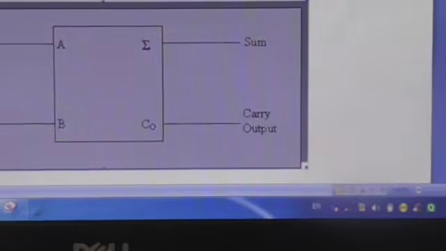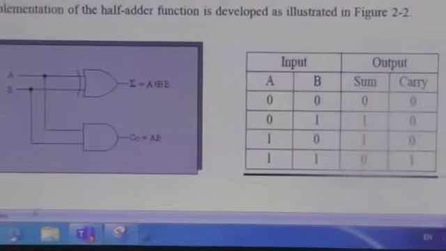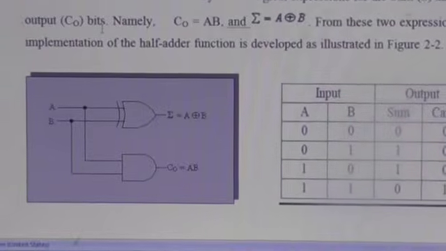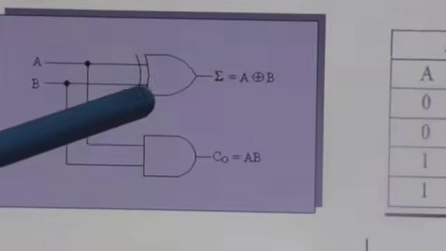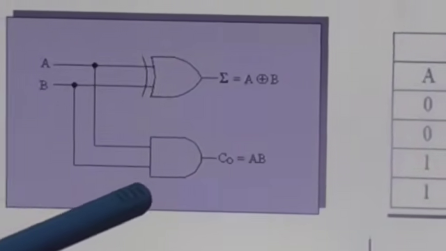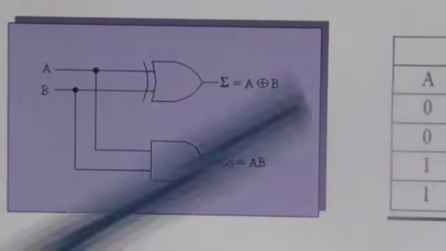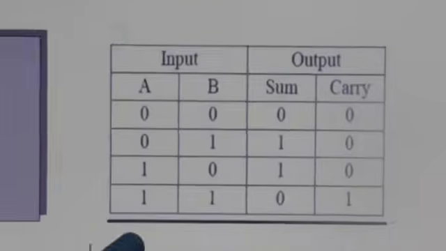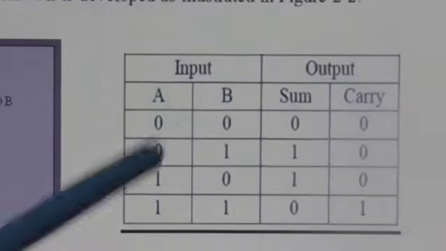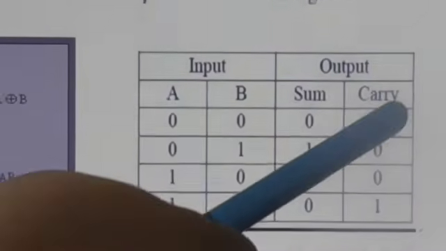For the purpose of demonstrating the half adder, basically two types of ICs are required. If you see how exactly it will be connected, two ICs are required. One IC is called XOR and the second IC is called AND gate. Why is it required? Because if you see the truth table of the half adder, here A and B are the two inputs which produce the sum and carry.